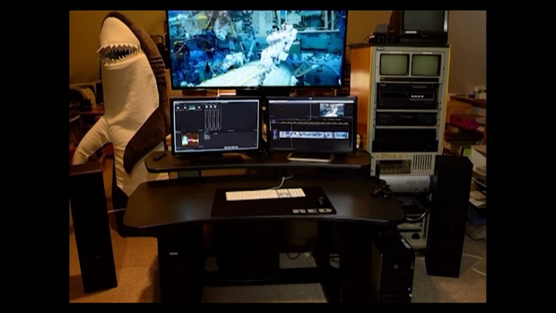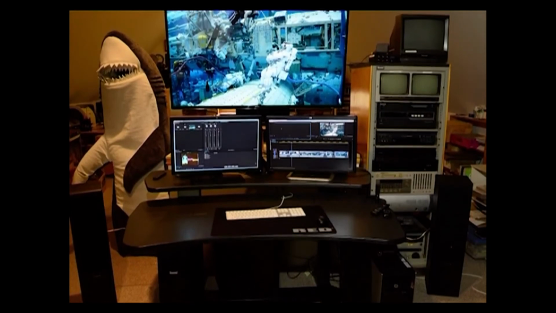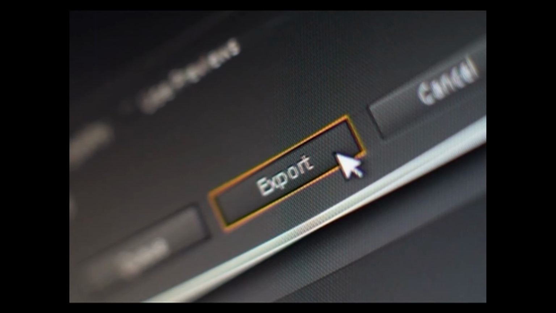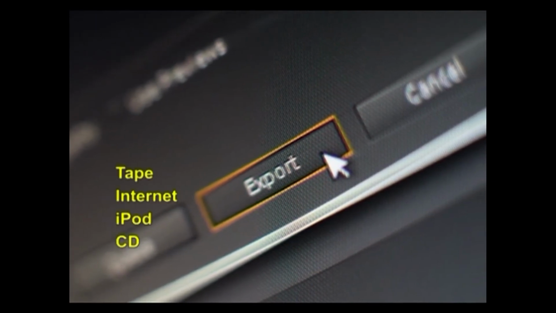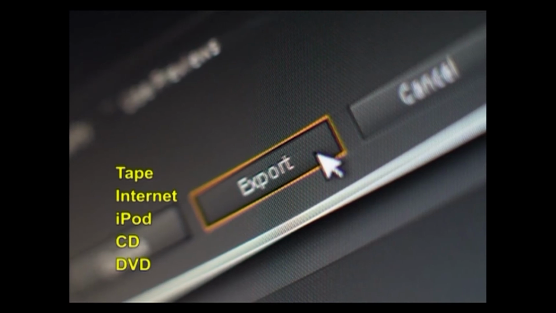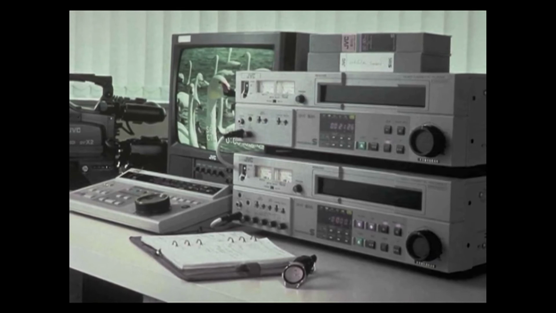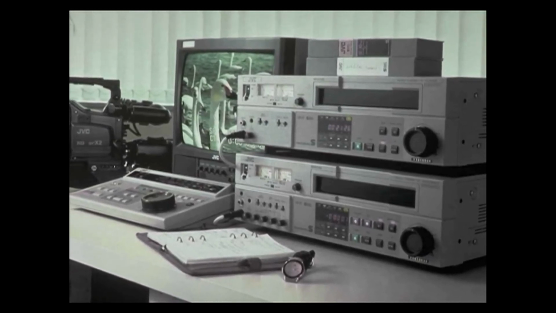Non-linear systems cost a fraction of the price of a professional linear editing system. Once the edited project is complete, it can be output to whatever medium is desired: tape, internet, iPod, CD, DVD, and so on. Linear editing, copying the contents of one tape to another tape, one clip after another linearly, is still used on a limited basis.